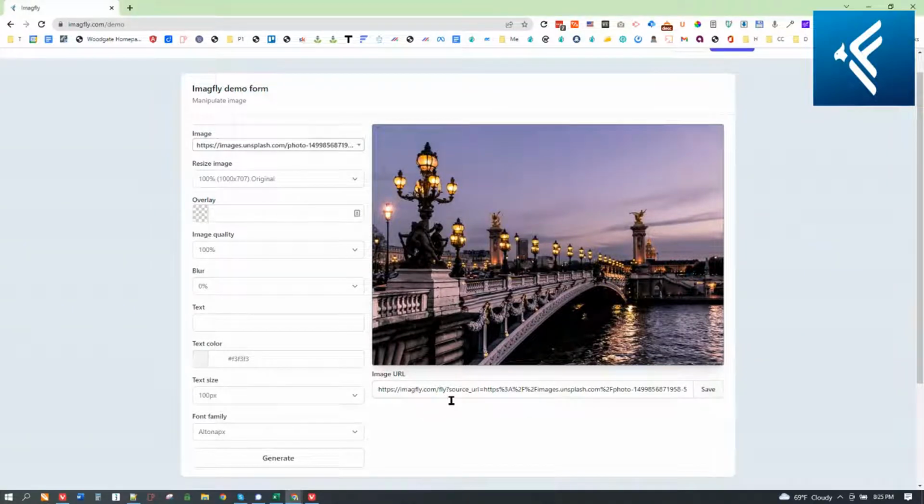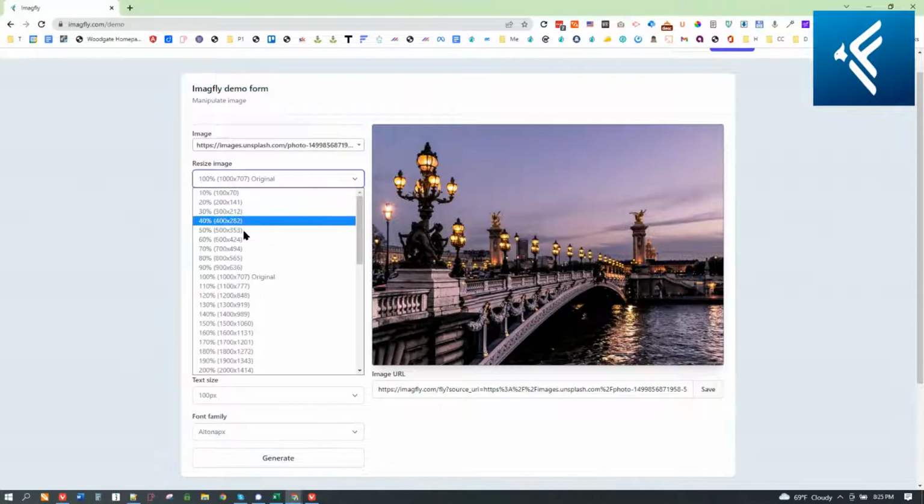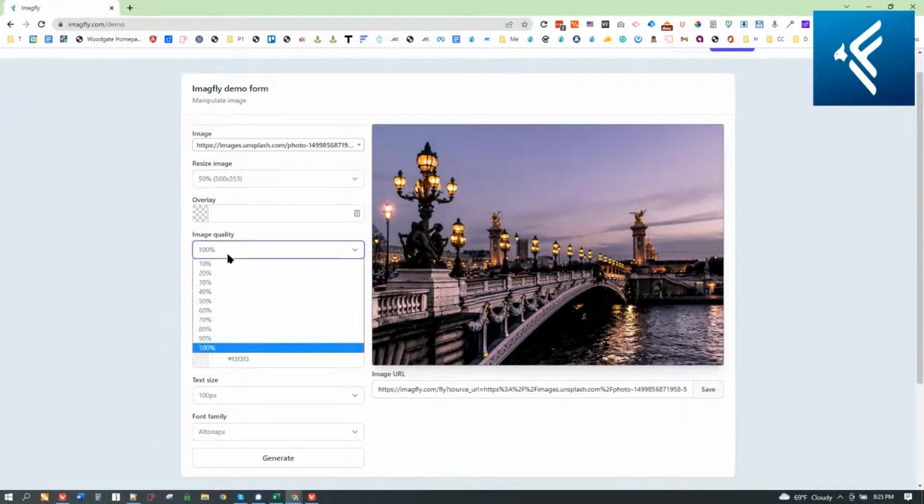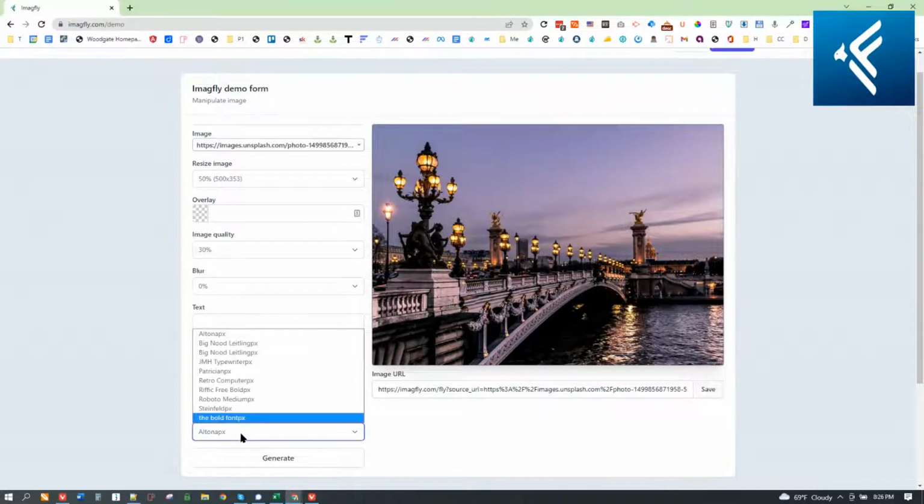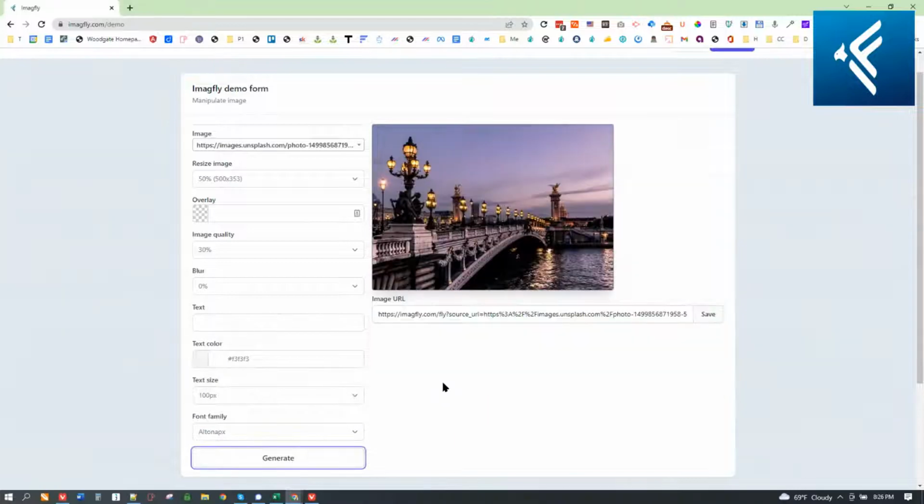What I really love about this is, let's take for instance, let's say you wanted to just take your images and reduce and fix them up for display, right? And in bulk. So we're not going to do anything with the fonts. We're just going to go ahead and generate a URL.